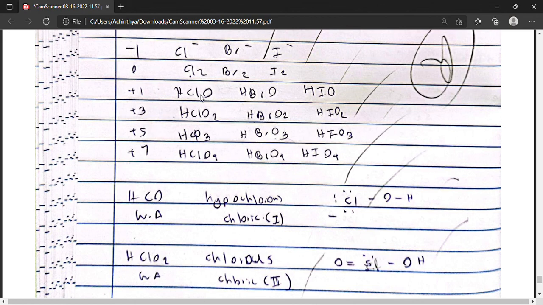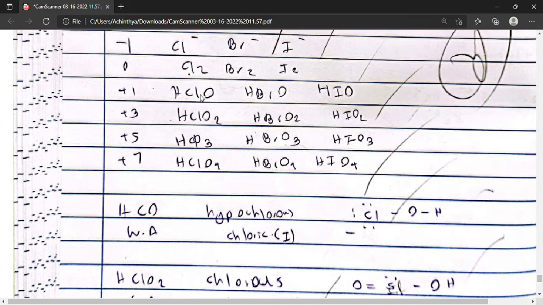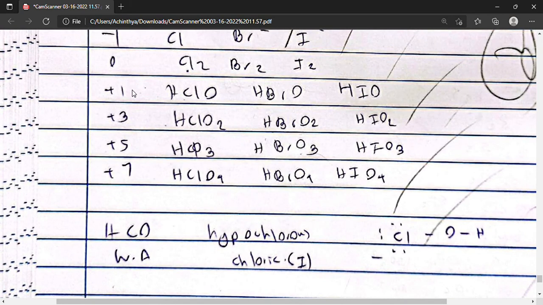You see, basically, like here we have the +1 state in HClO, HBrO, HIO. It exists as +3 state in HClO2, HBrO2, HIO2. It exists as +5 state in HClO3, HBrO3, and HIO3, and +7 state in